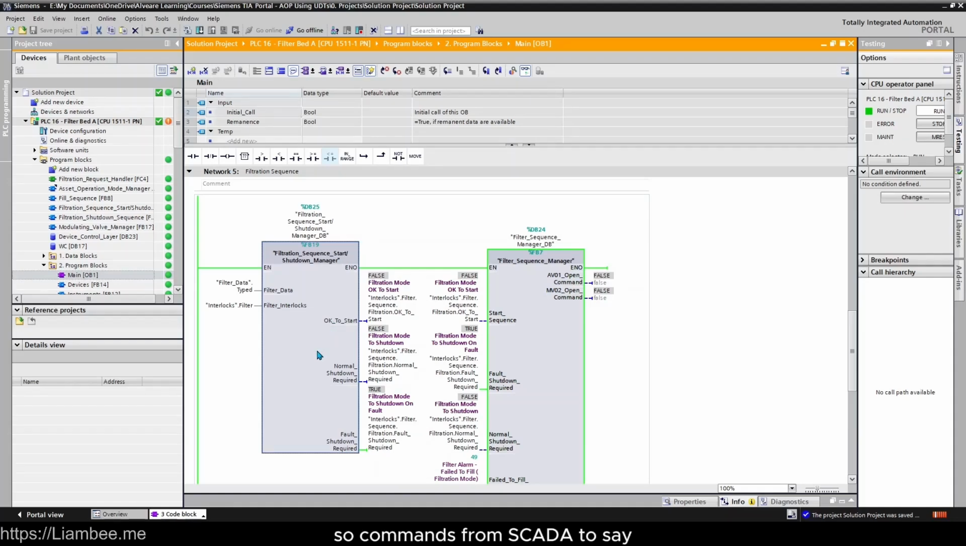So commands from SCADA to say a button's been pressed to start the sequence would be managed by this block, but also a valve failing that is crucial to the sequence control is also managed in this block. And again, it's following the convention of trying to break everything down into singular Boolean values or values of some sort that can be passed to the sequence manager in order to tell it what to do. So we might have a few 20 odd different signals that come into this block here, but they always come out as you're okay to start, you need to shut down normally, or you need to shut down because of